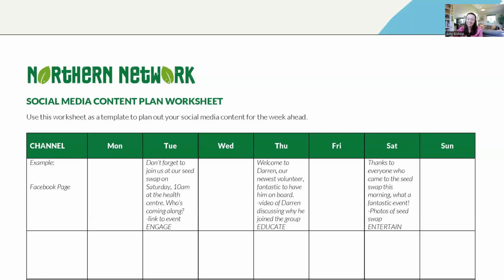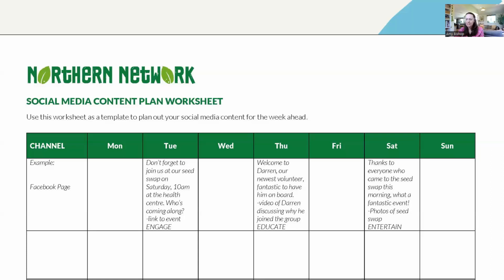And then on Saturday, I'm going to thank everyone for coming to the event, which we mentioned on Tuesday. And I'm going to share some photos from it. So another different type of post with lots of pictures in, and a post which serves to entertain. This is just about showing people what a fun time we had, and perhaps for added social media points, I'll tag the people in those photos as well, so they all get to see themselves, and perhaps that will encourage some likes and some comments maybe.